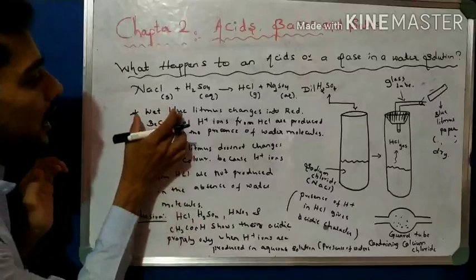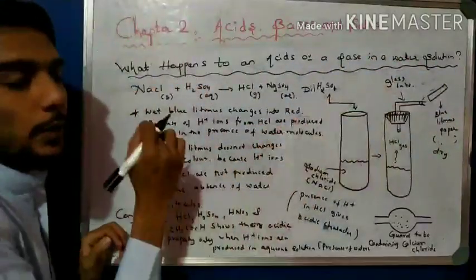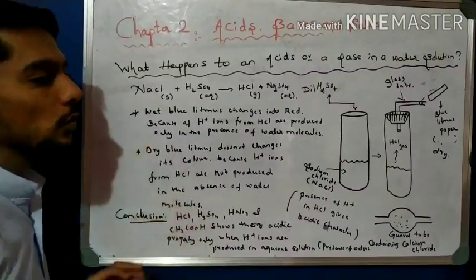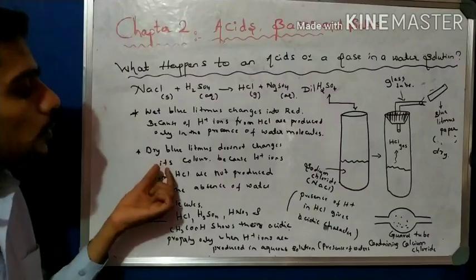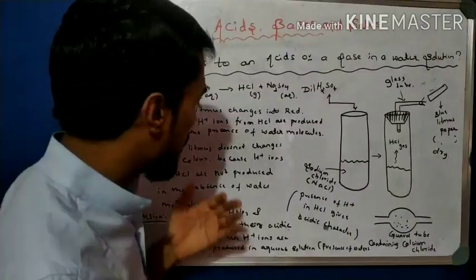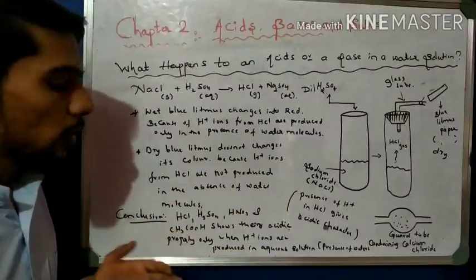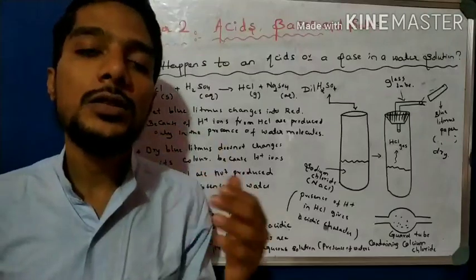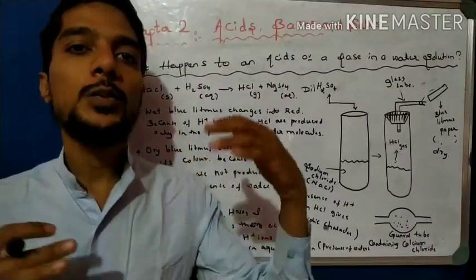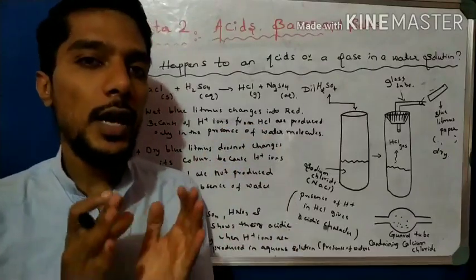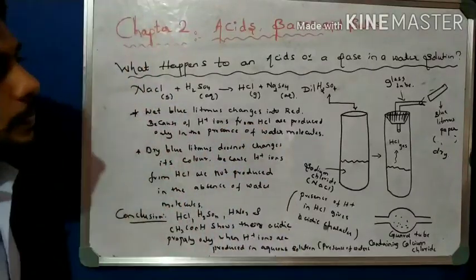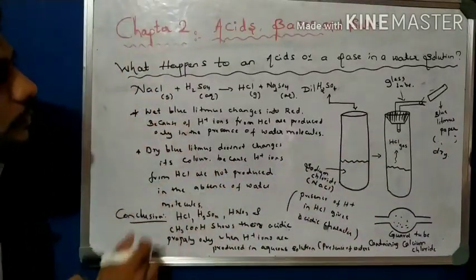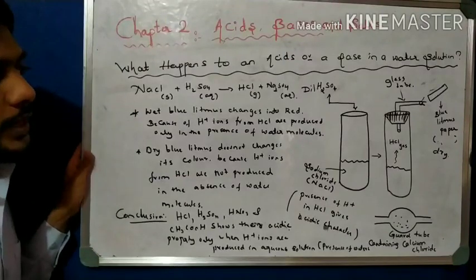So again I repeat, wet litmus paper changes its color to red because of the presence of water molecules. H plus ions are only present in the water state, and the dry litmus paper does not change because of the absence of water molecules. And the conclusion is that the acidic property of a substance is nothing but the production of H plus ions in the aqueous solution. More H plus ions produced means more acidic, fewer H plus ions means less acidic. So that is a very important point here. Now again I change the concept. First note the points about dry and wet litmus paper, right?